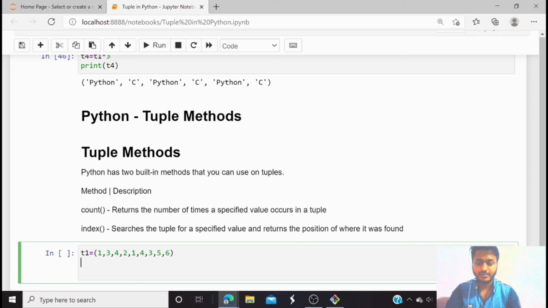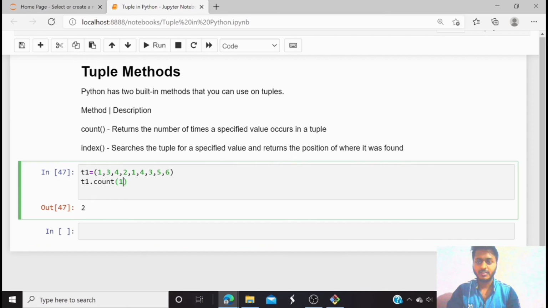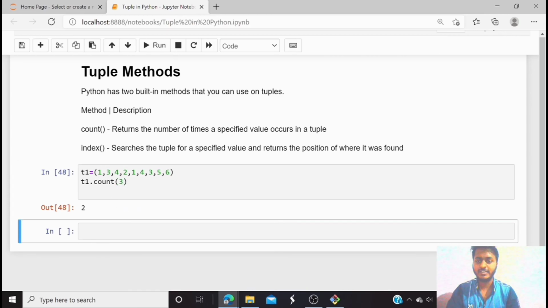If I use the t1.count method and I want to count the value 1, that means how many times 1 is repeated in t1. So here you can see 1 is repeated 2 times in t1. If I count 3, here you can see 3 is also repeated 2 times.